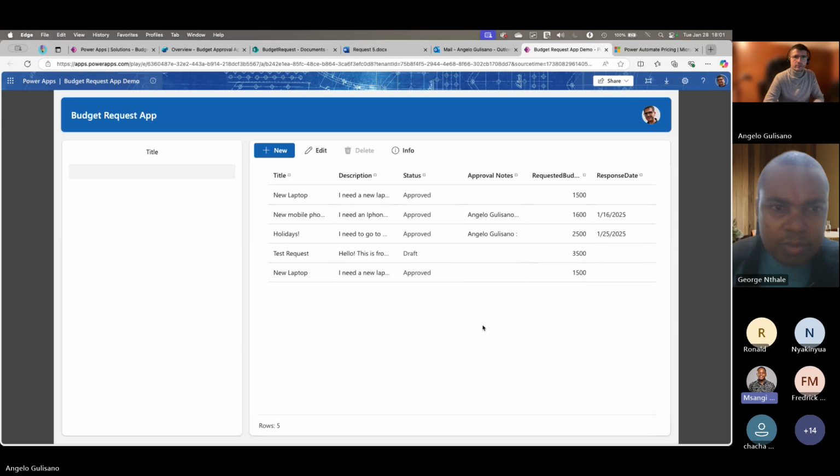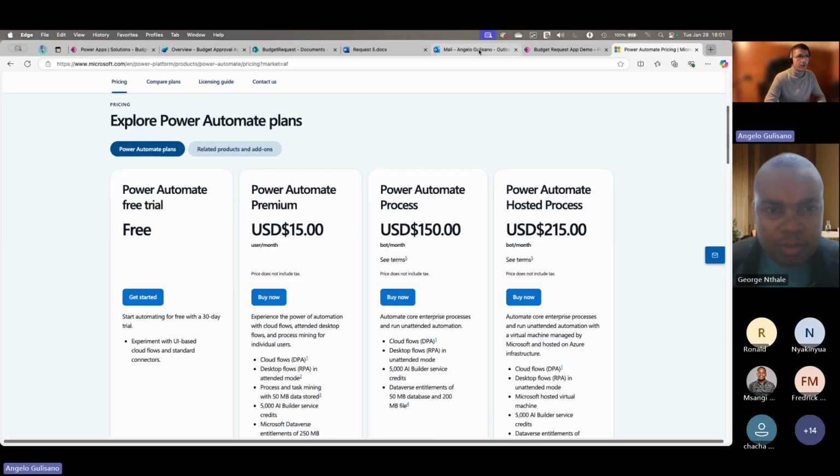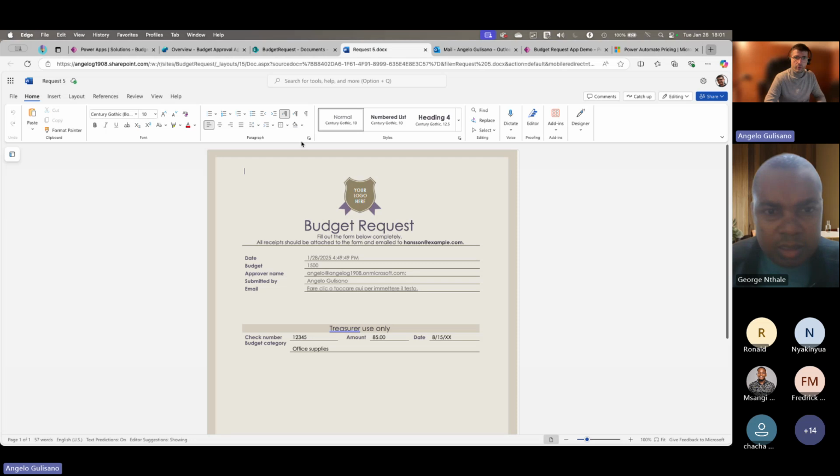Okay, so something got me excited. So with the Office 365 Basic or Premium, you get the Power Apps by default, just with Office 365. Yeah. You have Power Automate, but not Premium, just Power Automate. And if you don't need to create a Word template, if you don't use the Word connector, you can use the Power Automate license with your Microsoft 365 subscription. So without paying a license. Okay, great. Thank you.